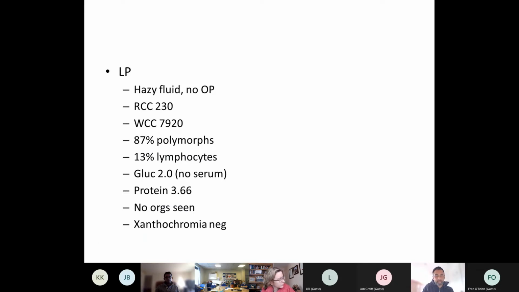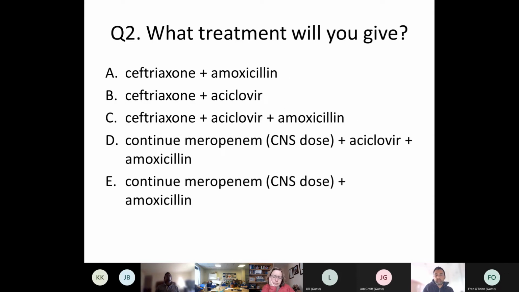But you need amoxicillin for them as well. Yeah. So the concern might be for listeria, and that's what the amoxicillin is for. We've got ceftriaxone. We know that's the standard, normally, for CNS infection. And the reason that's there is because of covering Strep pneumoniae and meningococcal disease, so Neisseria meningitidis. But we've also got acyclovir potentially for HSV encephalitis.